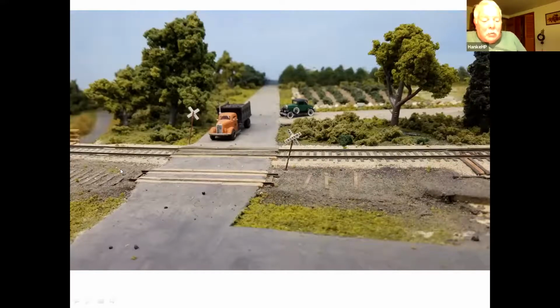So I wanted to model that with, like, burnt or cut ties, and of course the railroad said to the county, listen, if you want that out of there, you can take it out of there yourself. So